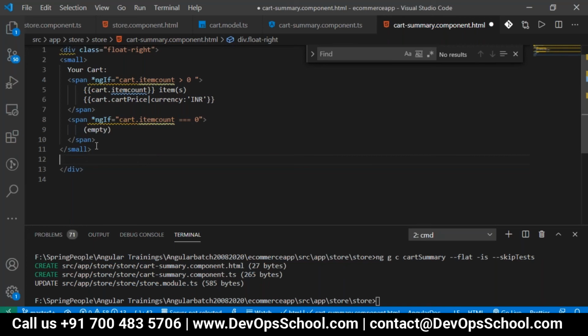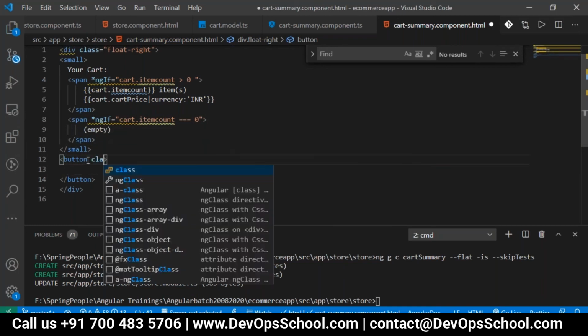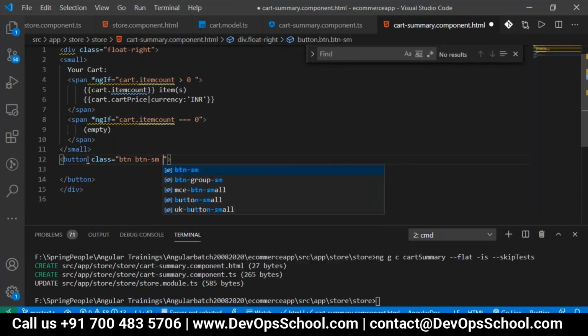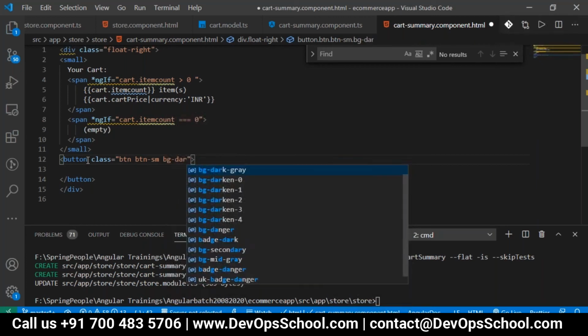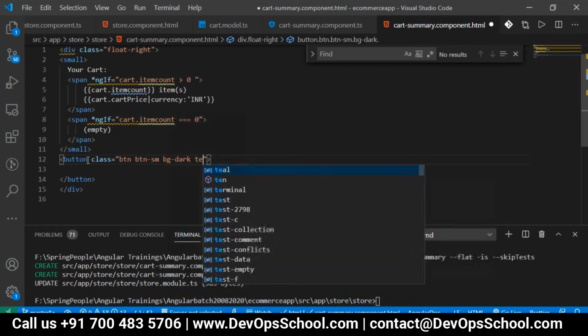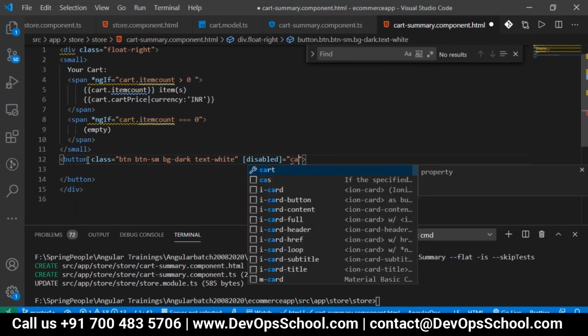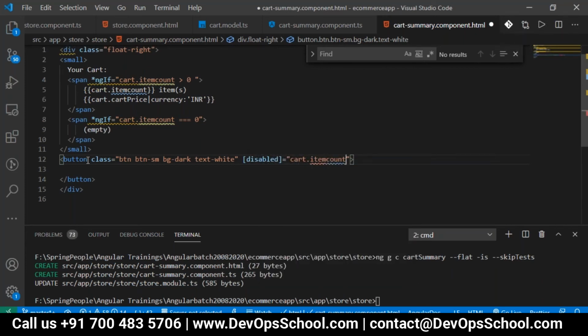So I will take one button, which is button, the class is btn, btn-sm, should be bg-dark. The text should be in white. It should not be clickable, so I'm disabling it when cart.itemCount is equal to 0. The cart item count is 0, so it should be disabled.